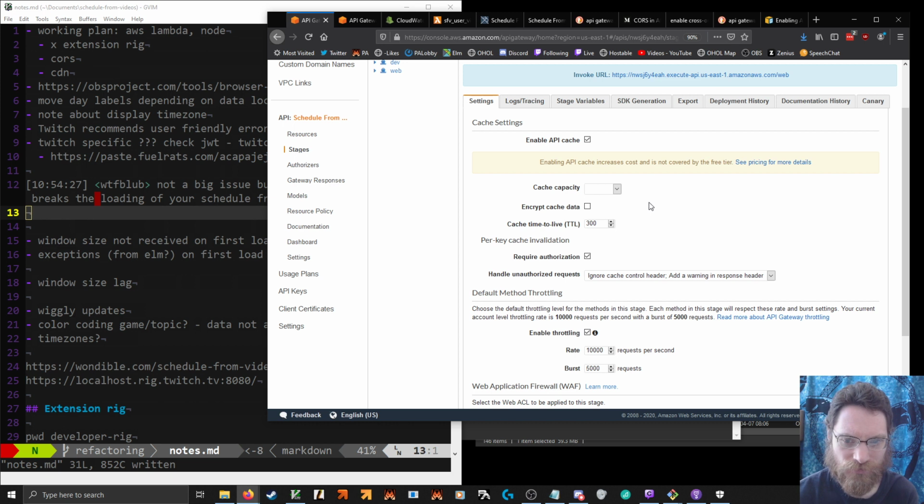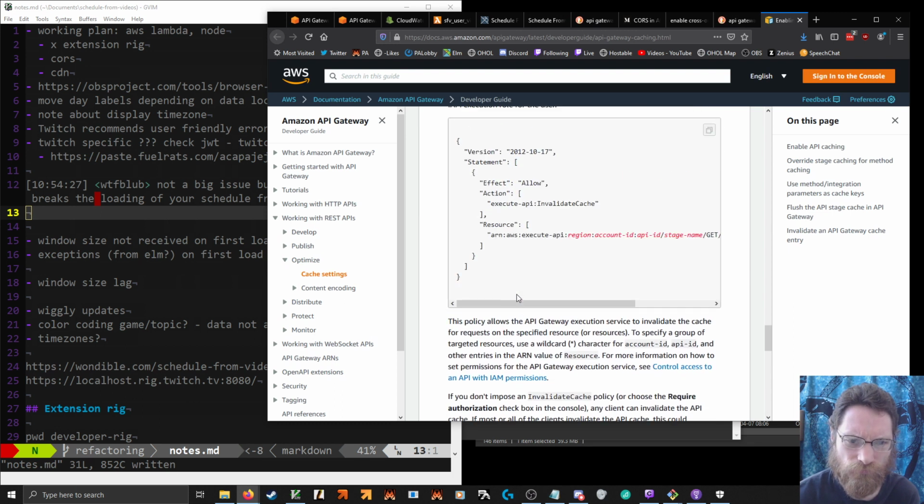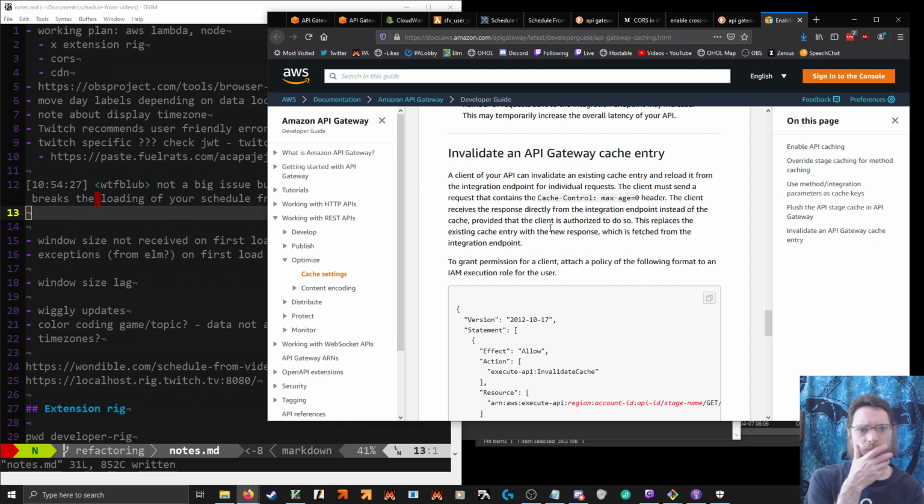Per key cache invalidation. Invalidate an entry.